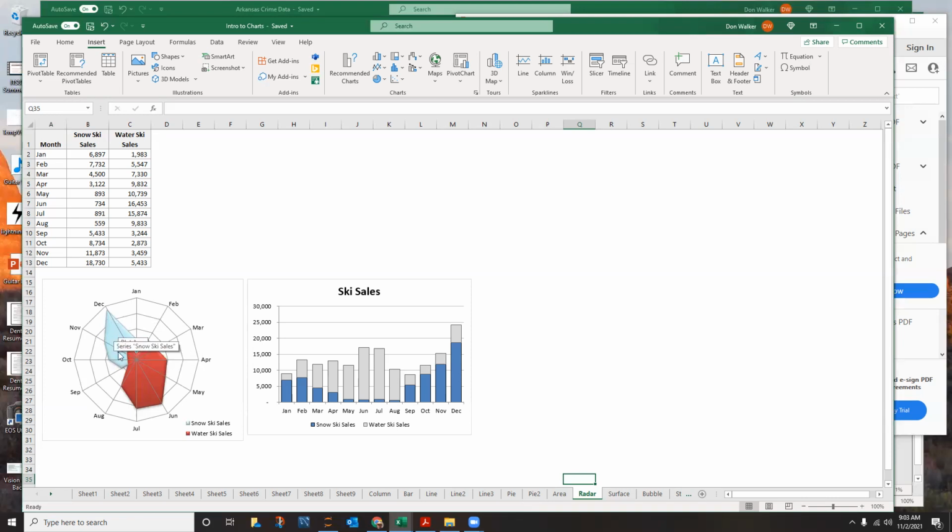Snow ski sales kind of start in September and ramp up in November and max out in December. And then you've got water ski sales, which of course are proportionately more in the summer. But that's a radar chart using two data series, using two attributes: water ski sales and snow ski sales. Just a radar chart with just one column,